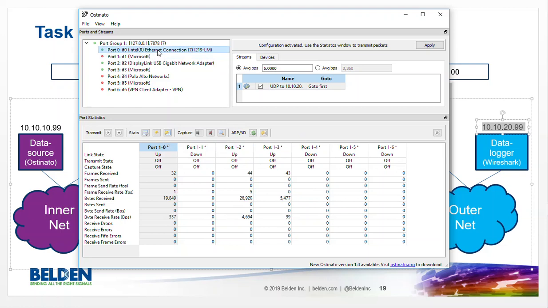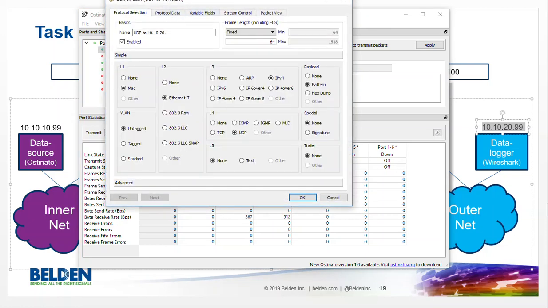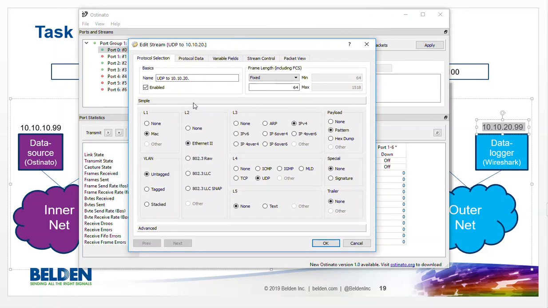So my packet generation is going to take place from my laptop. So this is my laptop port. My laptop port has a 10.99 address. That is this port right here. And what I've done is I have configured this such that, let me grab this and drag it down, the stream is Ethernet based. It's IPv4. It is UDP,